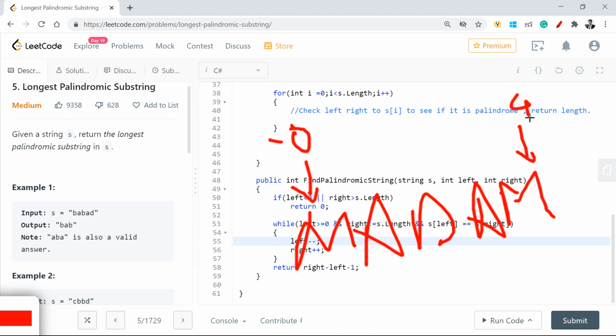I went inside this loop because these characters are matching, because left is still greater than 0 and right is still less than the length. Then I'm still fine. But the moment I go inside this, my left becomes minus 1.